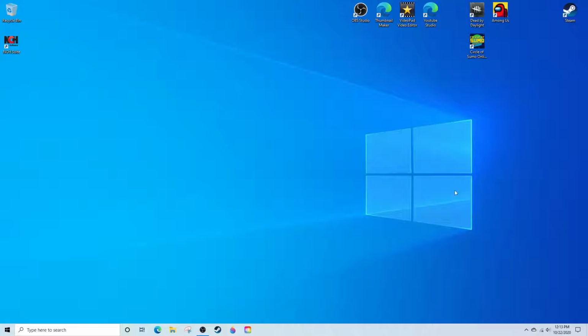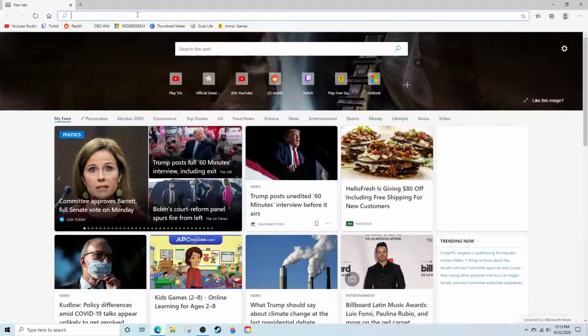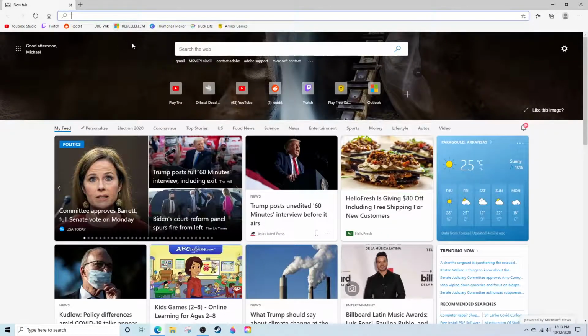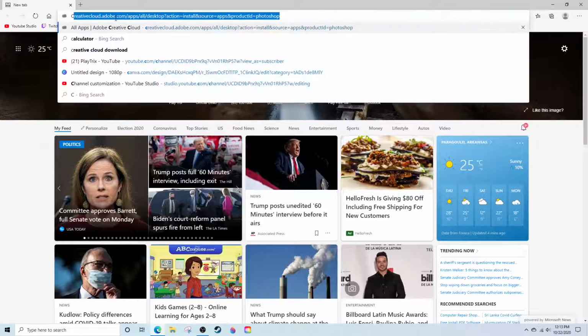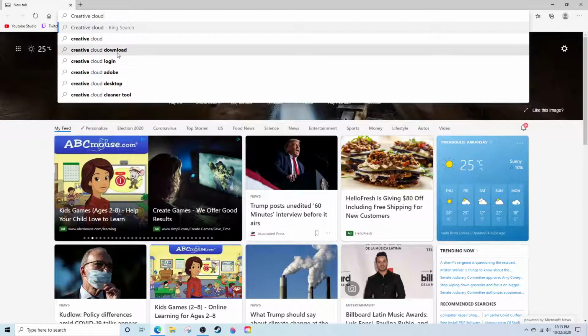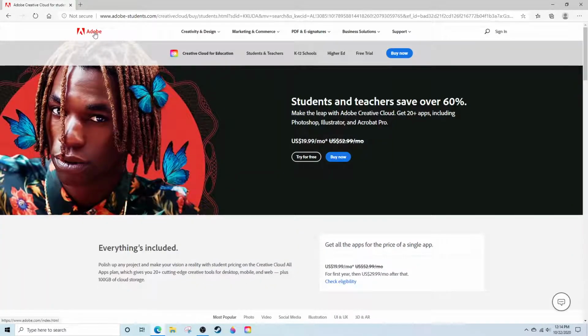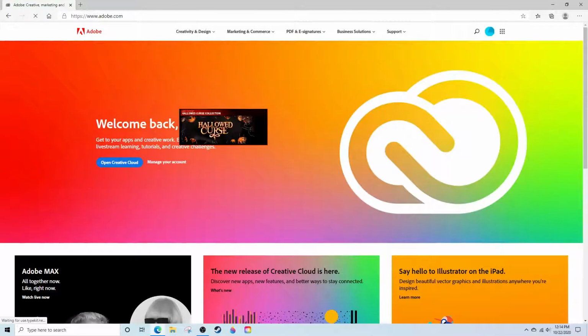So, your Creative Cloud isn't working. Let's go into that situation. You type in Creative Cloud download, right? So, you went here. You went to Adobe. And you really wanted Photoshop or one of their products, so you have to install